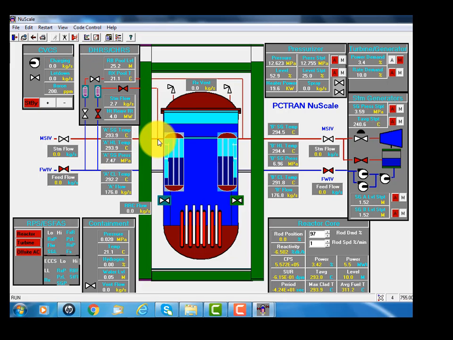So steam in the steam generator will go into the pool, and their heat exchangers, which are physically located inside the reactor building pool, will condense it and return it to the feed water,